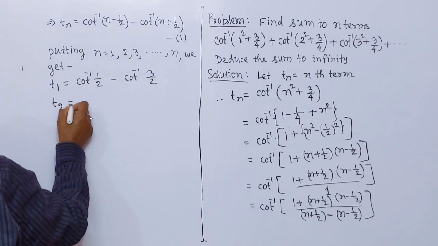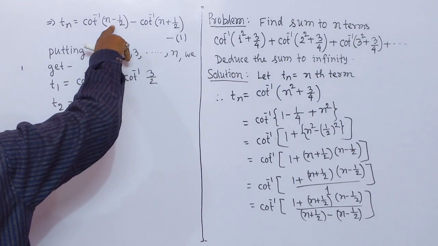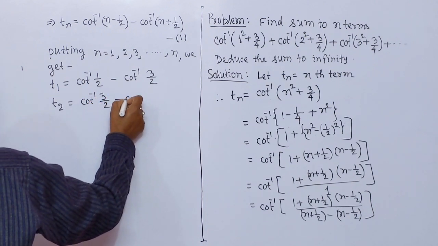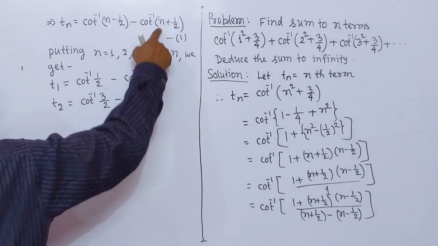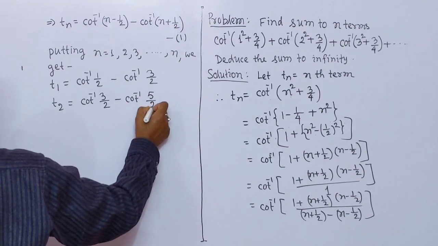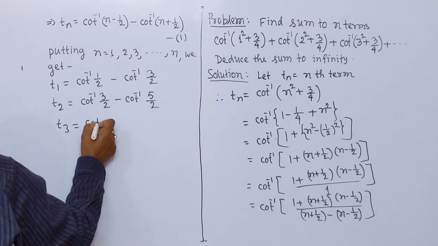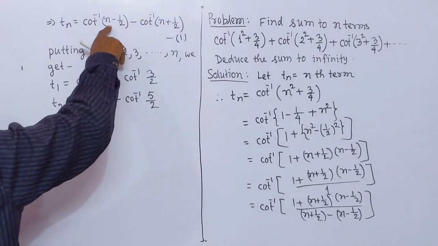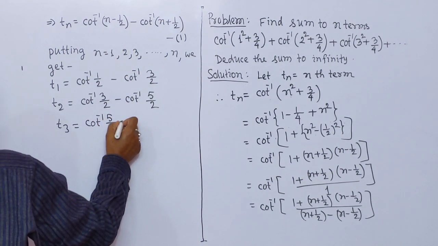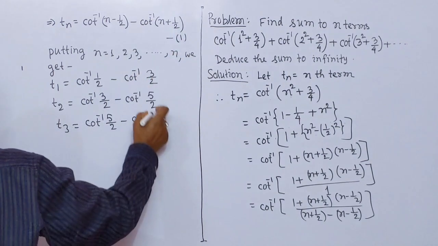T2 equal to cot inverse (n equal to 2, 2 minus half) 3 by 2 minus cot inverse (2 plus half) 5 by 2. T3 equal to cot inverse, here 3 minus half is 5 by 2, minus cot inverse (3 plus half) 7 by 2,